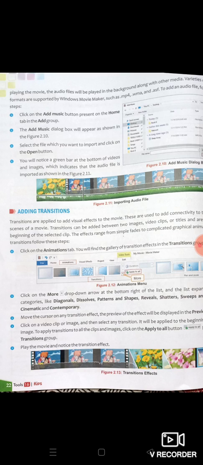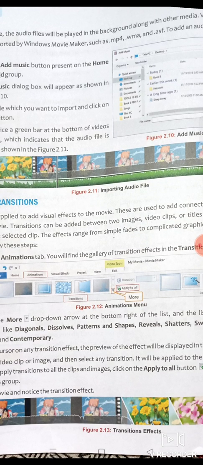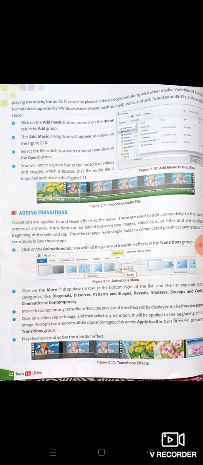For this, first you have to click on the animation tab. There you will find this list of animations. You can choose diagonal, dissolve, pattern, shape, all these kinds of transitions. You can apply it on one clip, or you can apply it to all. It's up to you. So this is how you can add transitions.